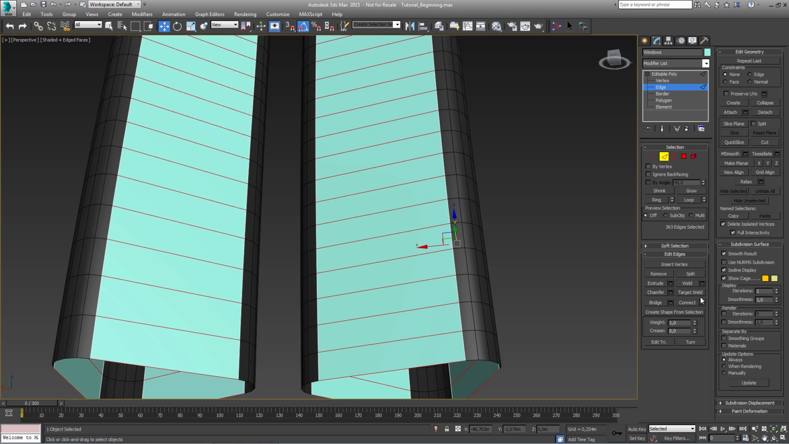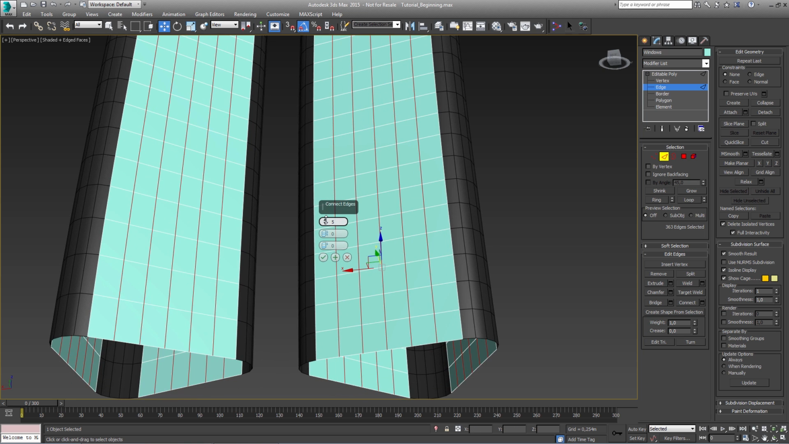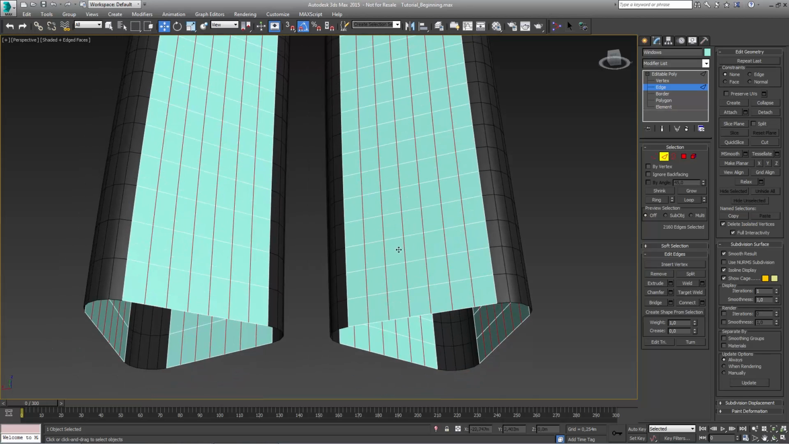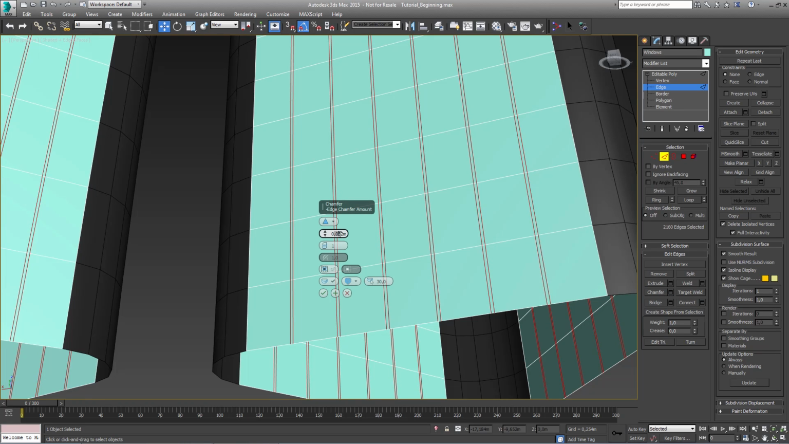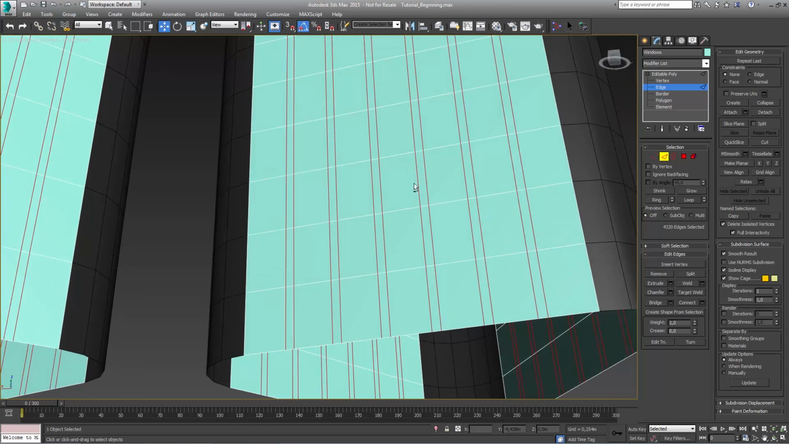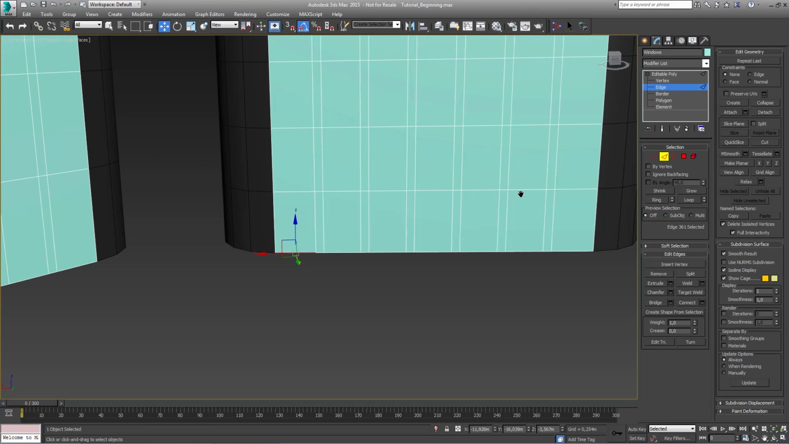I will begin with connect and make a couple of segments right here. I think 6 might work pretty well. I'll confirm. And one of those steps right now is just go to chamfer, make it around 25 centimeters, I guess. Yeah, this looks good. Confirm. And the last thing to do is just selecting one of these